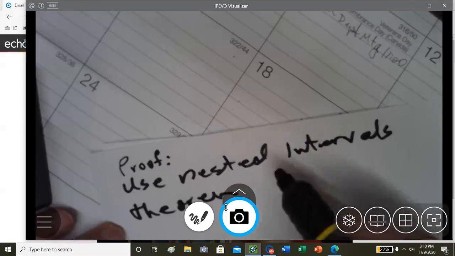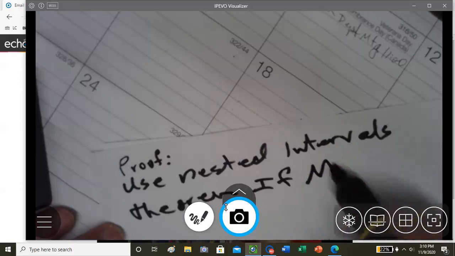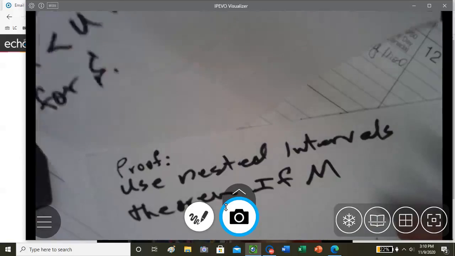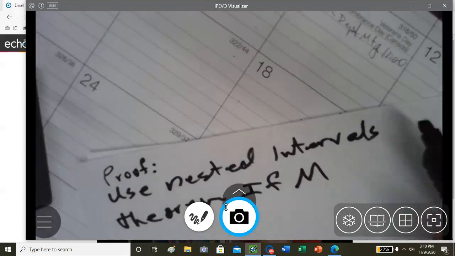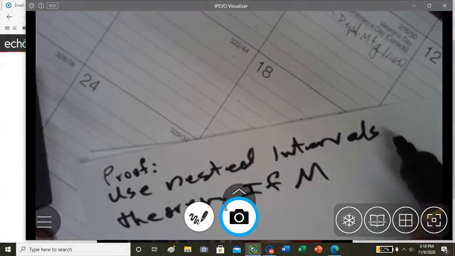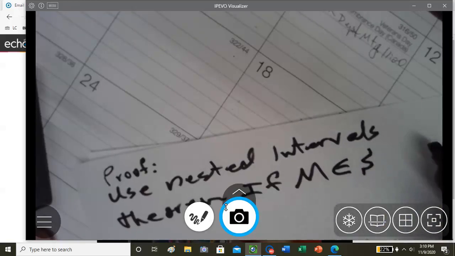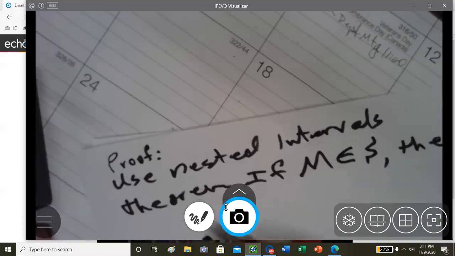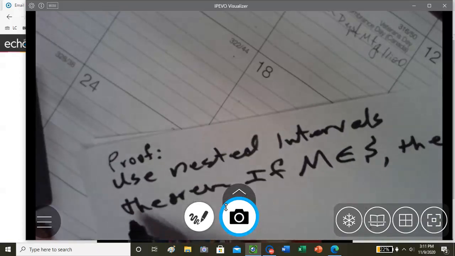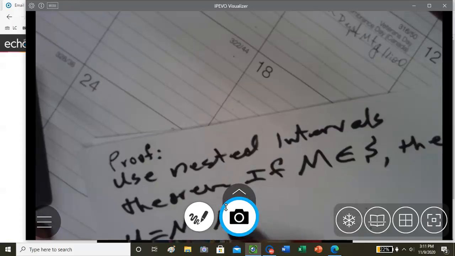Use the nested intervals theorem that if M, which is our uppermost boundary, right, M is an element in set S, then U equals M,